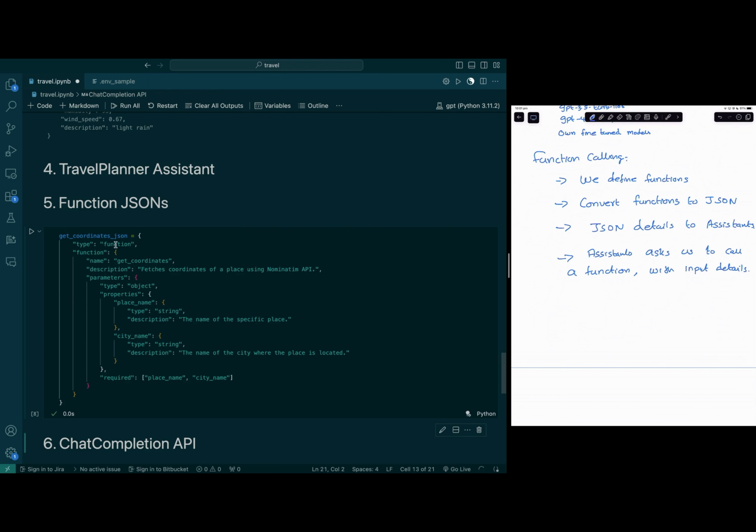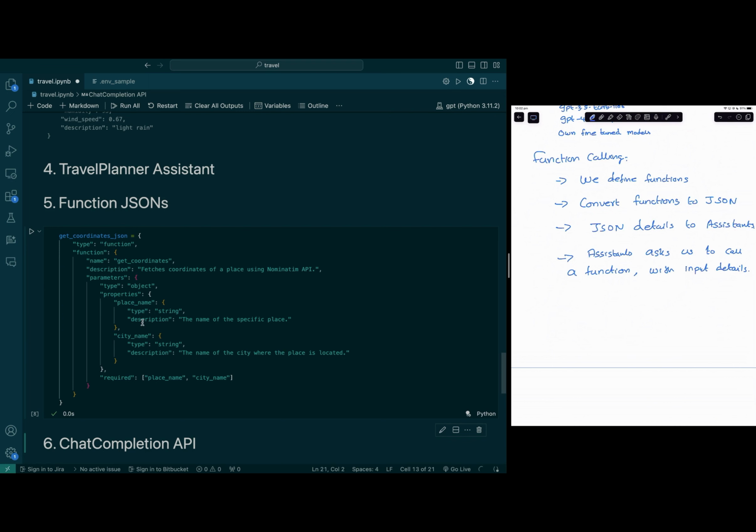So this is a type of function, and in function we have a few inputs like name, description, parameters, and in parameters we have type, properties, required. In function, the name, we can use any name, but it will be nice if we use the same name as the function, so we know what function to call, get coordinates. Then you describe the function, because the large language model understands what this function does. Then based on the descriptions and input parameters, it will create